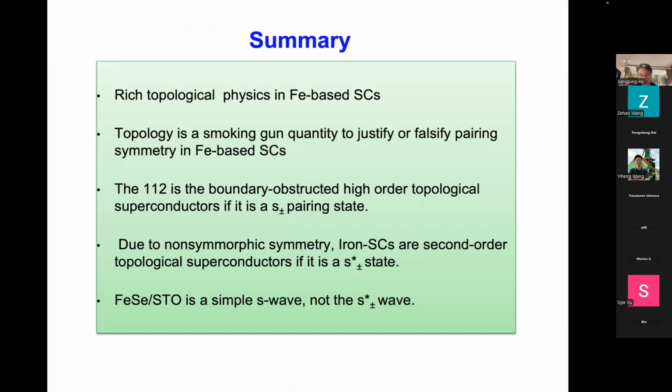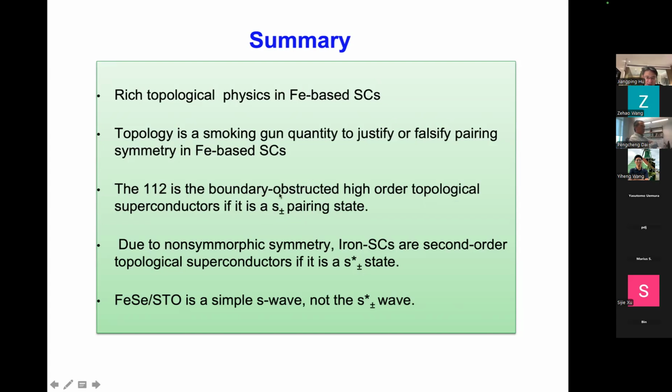So okay, I think I already spent 50 minutes. What I tried to tell you today is that there is very rich topological physics in iron-based superconductors, and the topological quantity can be a smoking gun to test the pairing symmetries in iron-based superconductors, and specifically in the 112 material. If we can use it to test this standard S plus minus wave, which has a hole pocket and an electron pocket,